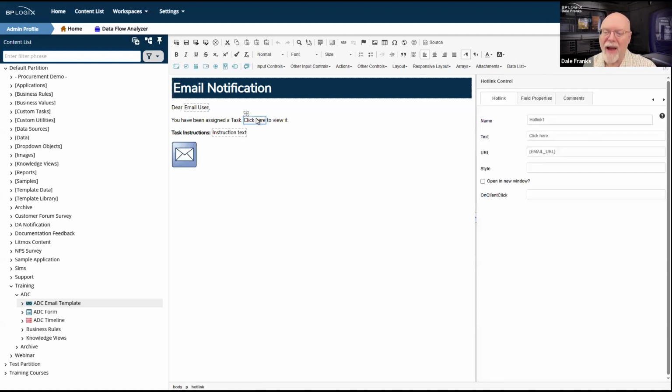So I have a hot link control here that, if I click on it, just has a link that is configured to use the email URL system variable. Now, this is really convenient because the URL is kind of long and kind of complex, and it depends on whether it is a named process director user or an external, anonymous user, where we're assigning it via a form field to send to just a generic email address.